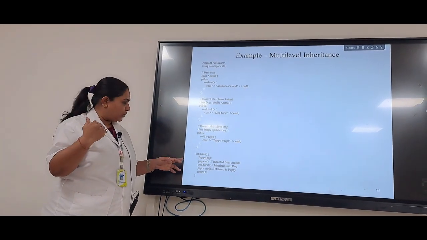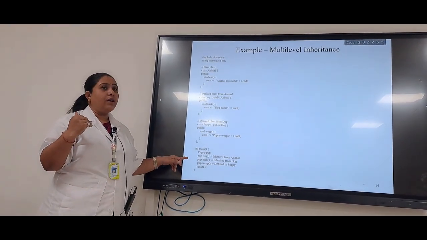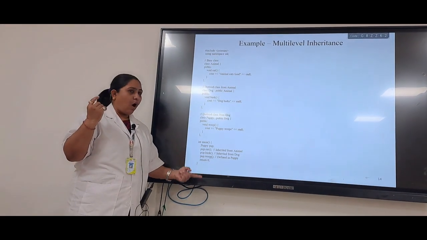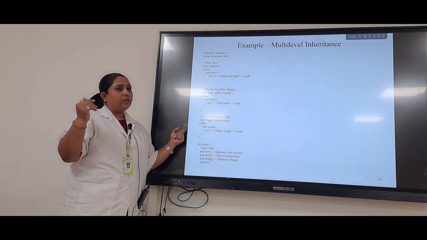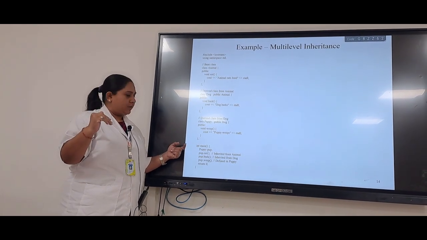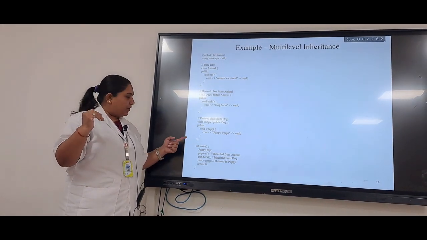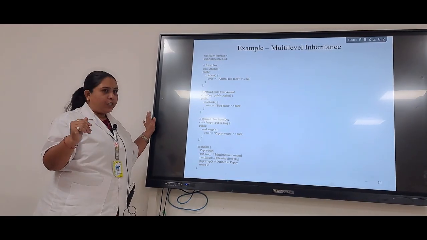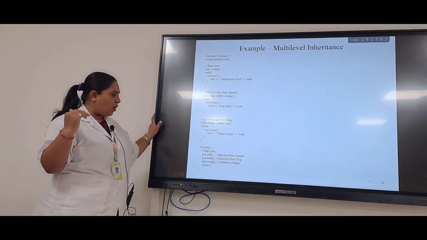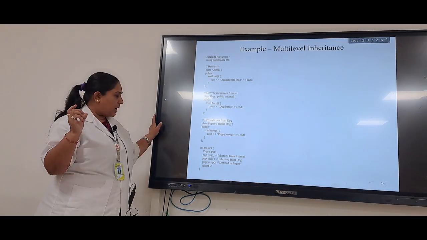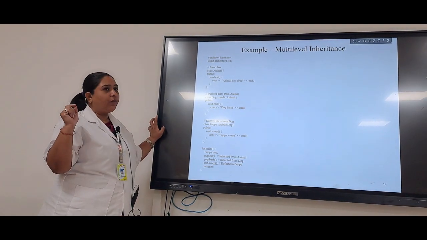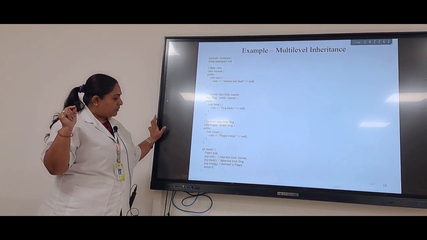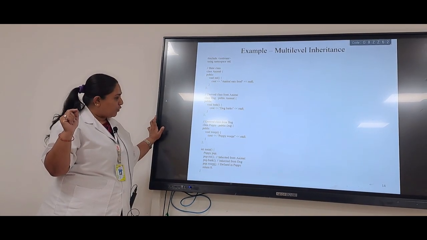Come to the main function. In the main function, I have created an object for the second derived class, that is puppy. With this object and the dot operator, I am calling the functions. First I have called pup.eat. Let us check where this member function comes from.